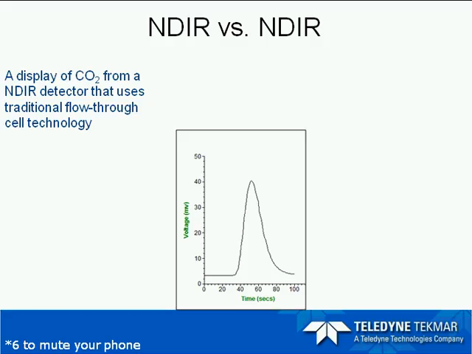Just as a review, as we stated earlier, with the flow-through cell technology, analysis is being taken while the oxidation is occurring, and that's a very important point to remember. I'll cover that again: analysis is being done in the detector as CO2 increases and decreases inside the detector cell,